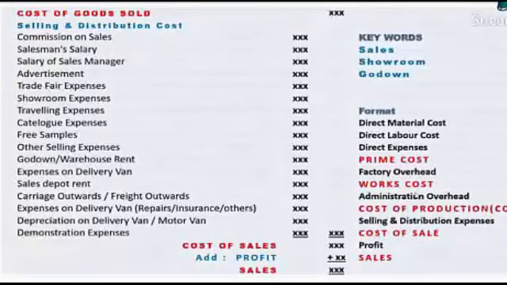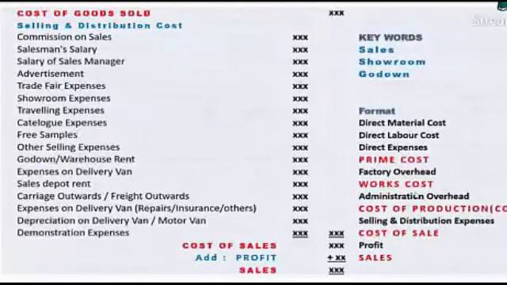If you add all these items of selling and distribution, now on the screen, I have given very few items, but these are more than sufficient to understand the concept of selling and distribution. We can come across many further items, and here the logic is the same, whether it is incurred at the place of production, at the place of administration, or at the place of sales. So the total taken as cost of goods sold plus selling and distribution is called cost of sale.